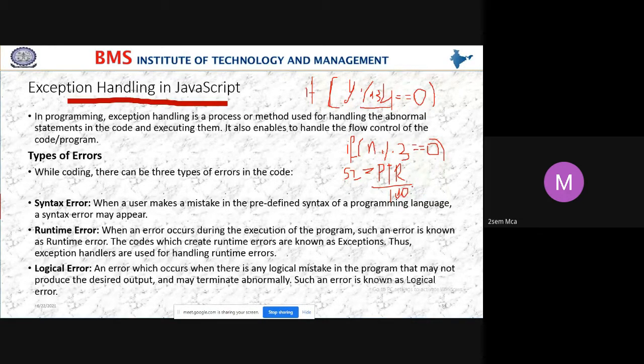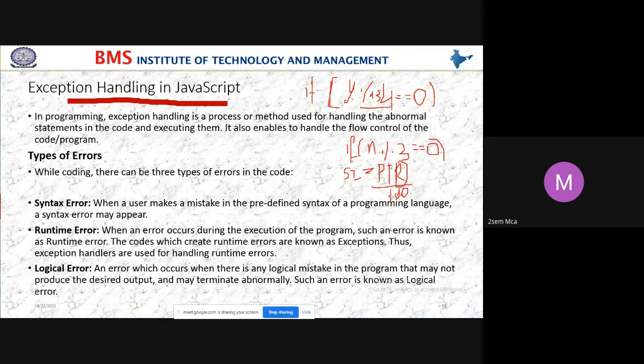For example, to find the simple interest, the formula is already defined. To find whether the given number is even or odd, the formula is already defined. Correct, students? If you make any changes in the formula, then according to the logic, it won't be correct. So you may get a logical error.